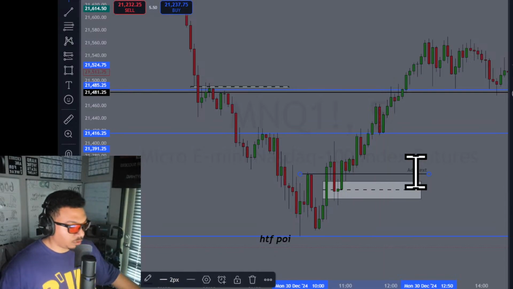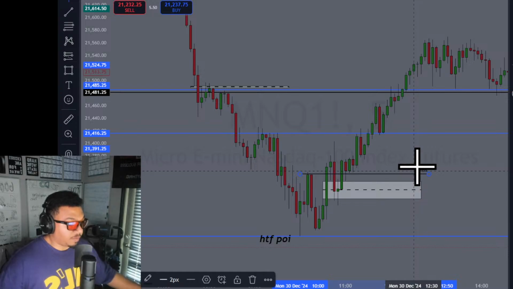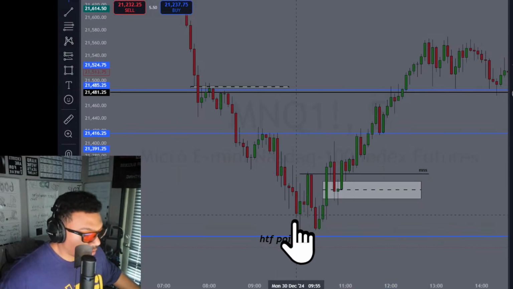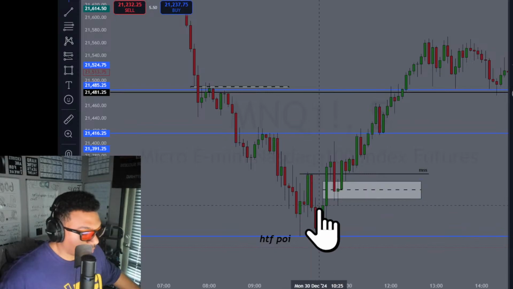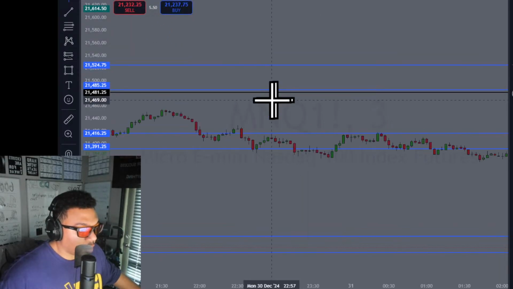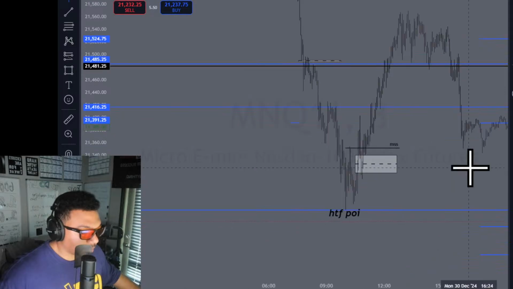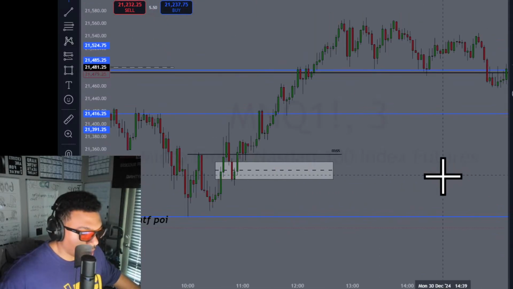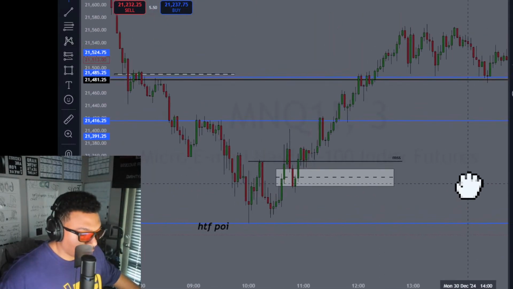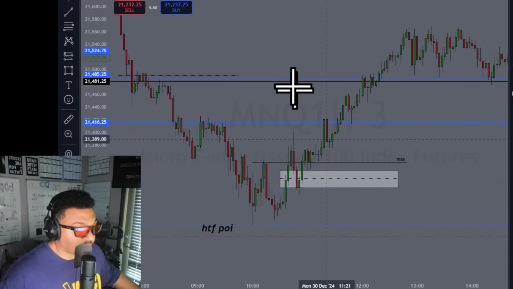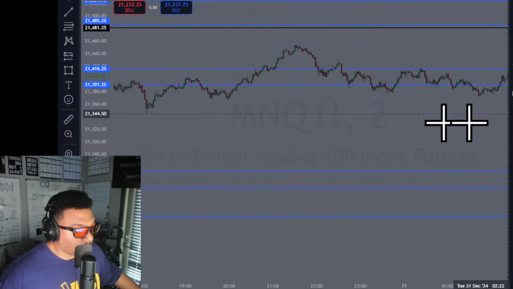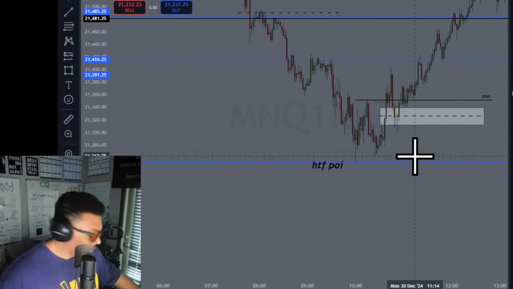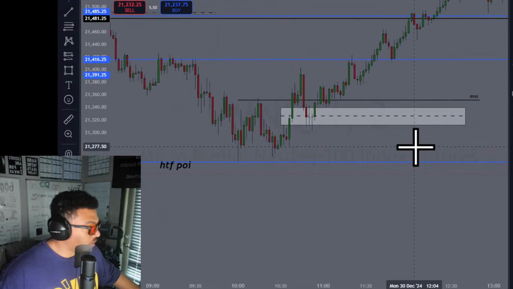For me, a market structure shift is also when a fair value gap gets invalidated. So when you are going down, you want to see all the bearish fair value gaps keep sending price down on a lower time frame. And I've got to zoom. On a lower time frame, there was a point in time when a bearish fair value gap failed. And that will tell you that's also a market structure shift. That's a little gem. Give me 1 second, I'm trying to zoom in to show it.